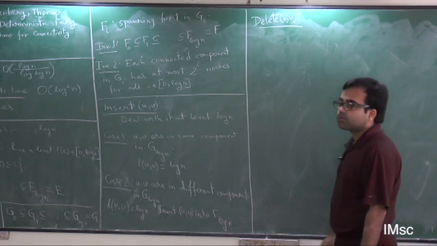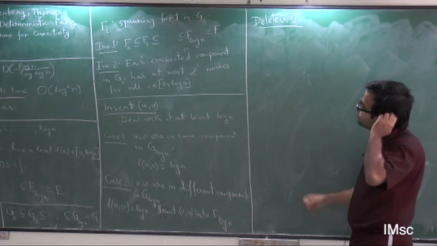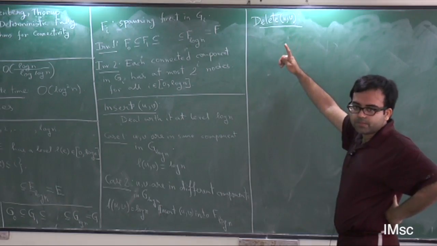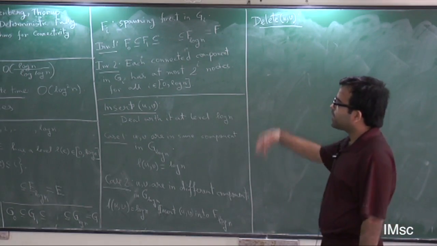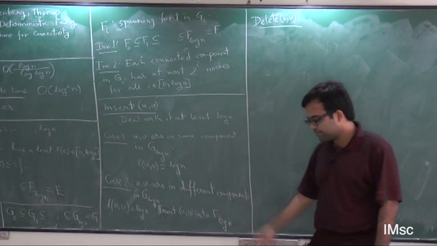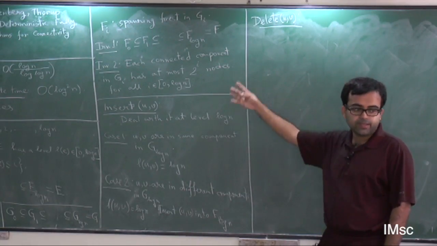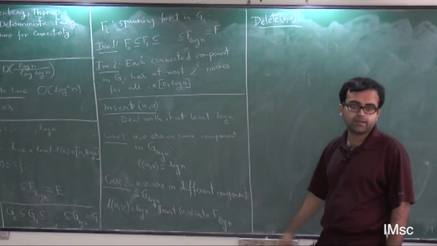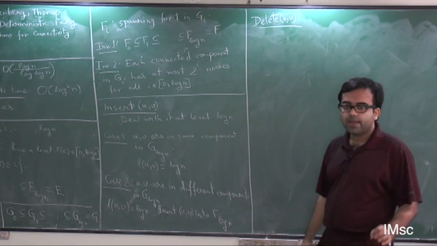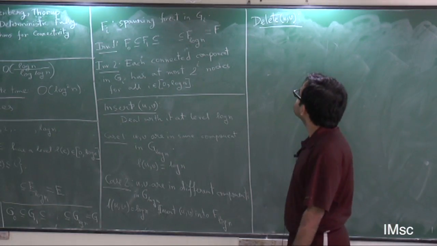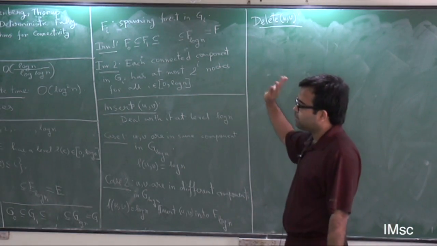Okay. So the more interesting case is delete UV, because of course if there were only insertions, we know that you can just handle this using union find, right? So why will you need this complicated setup? We will use this setup to handle the edge deletions, and for edge deletions we will just revert back